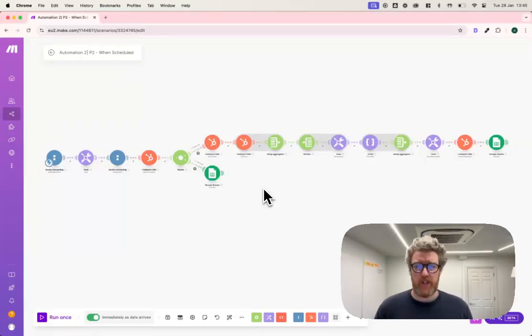Hi, I'm Andrew. I run an automation agency called Two Cores, and today I'm going to talk through a recent automation we built for a client that takes information booked in through Acuity Scheduling, which as you can see is a module in Make, and puts meetings in HubSpot that are linked to both the correct contact as mapped by their email and also to the contact owner or the deal owner as mapped in